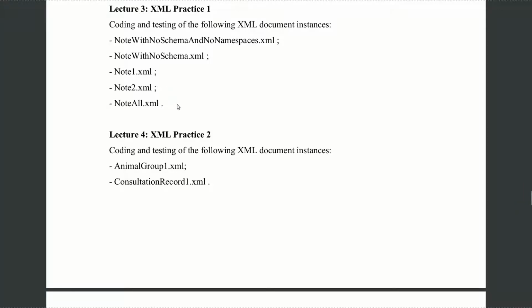And finally, we create another XML instance example that imports the 2 other XSDs used in Note 1 and Note 2